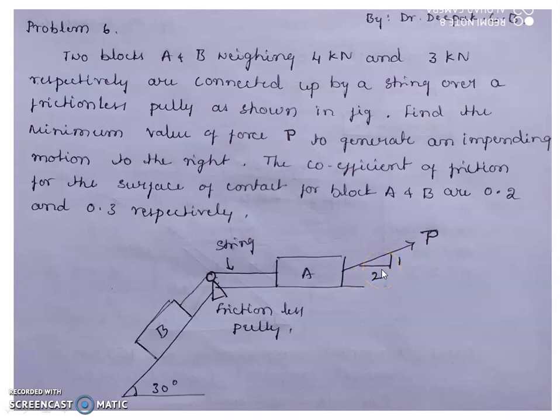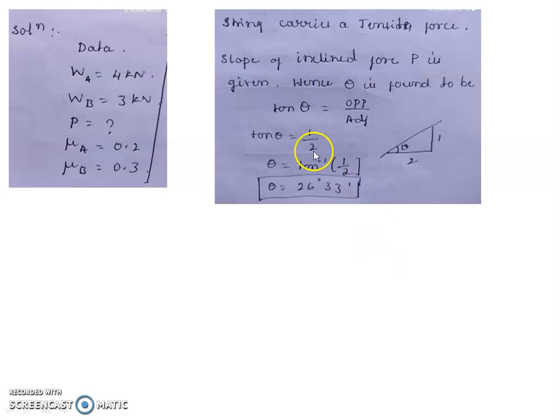From this slope we will find the theta. Okay. I considered that figure here. This is the theta. This side becomes my opposite side and this side becomes my adjacent side if I consider theta like this. So if I apply the tan function, tan theta is equal to opposite by adjacent. Here my opposite is 1, adjacent is 2. It will become 1 by 2. Now theta is equal to tan inverse 1 by 2 and theta is worked out to be 26 degrees 33 minutes.